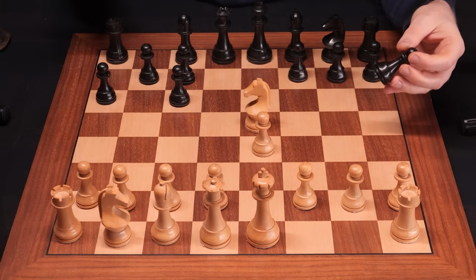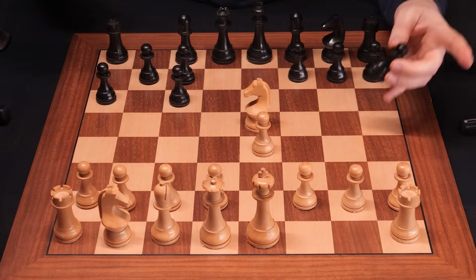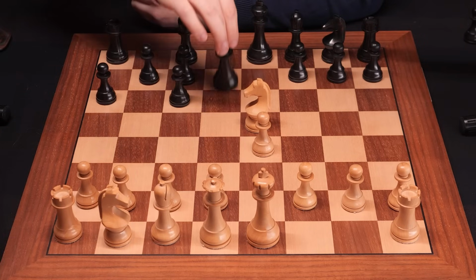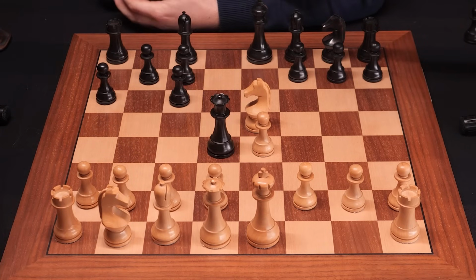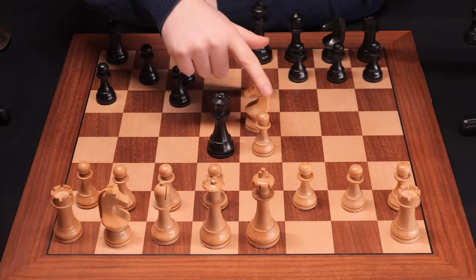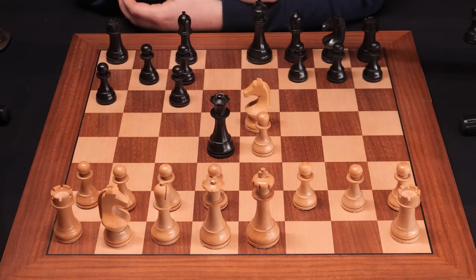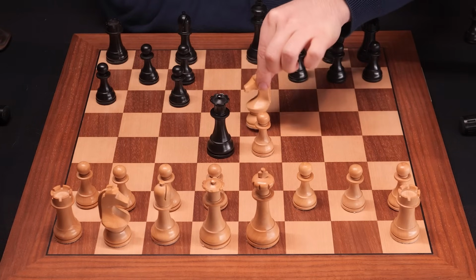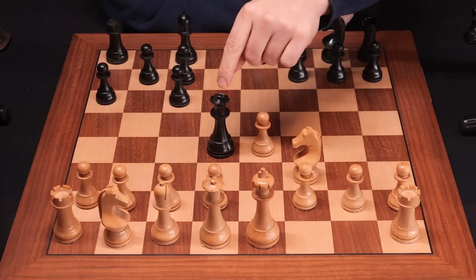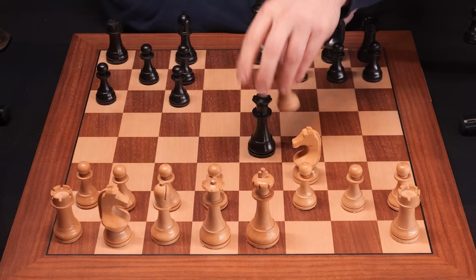Aren't I great? But this is a mistake that you must not make, because here black can play queen to d4. Look at that. This is what is known as a fork, as it attacks both the knight and the pawn. And after you protect your knight by dropping it back to f3, black can come in and capture this pawn right back,